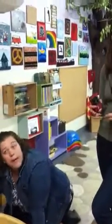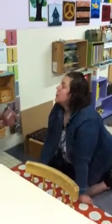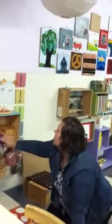Yeah, to make it work. Not labeling just for the sake of labeling. Right. And even some of the materials in the kitchen have labels. So these pieces, the tea and coffee, have labels. So this is still considered a print-rich environment, absolutely,